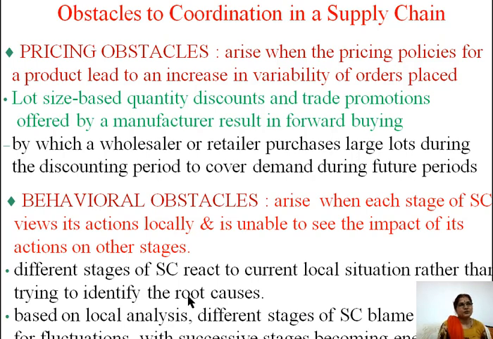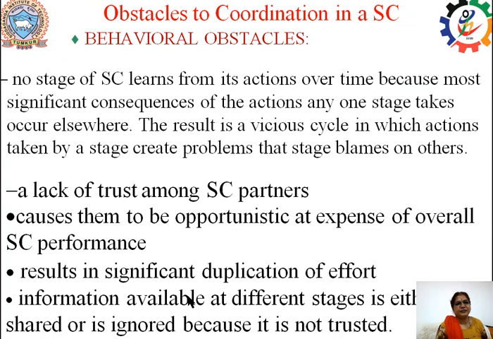There is every possibility that an action takes place in one stage, but its reaction is seen in some other stage. So a kind of blame game starts, because the action took place here, but the consequence is not here. People start blaming each other for every action of someone else,